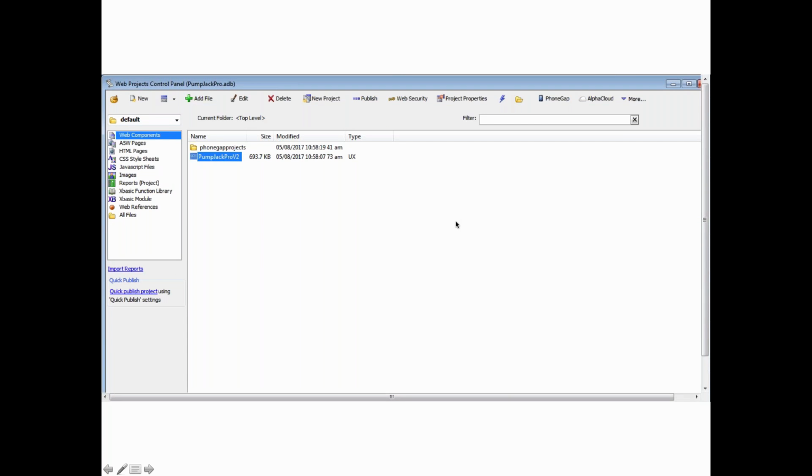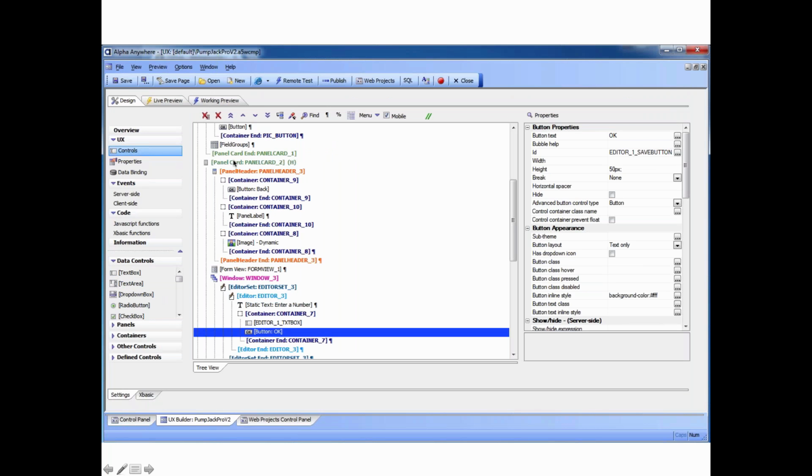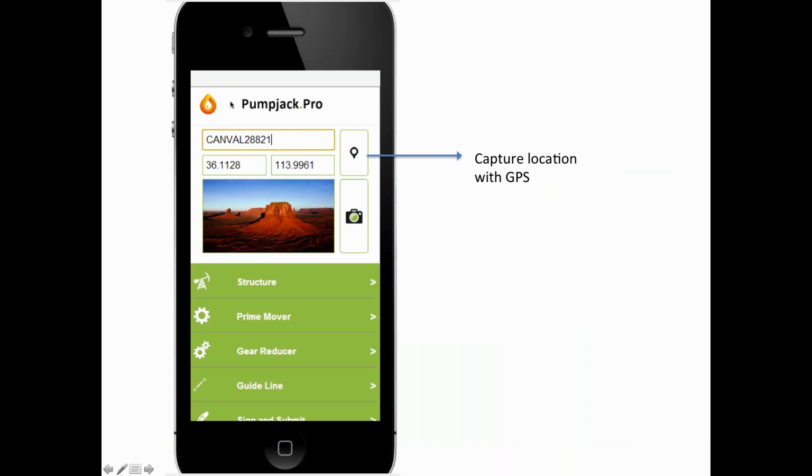this one UX control panel. Actually, let me back up and show you what we've got. We have this thing called Pumpjack Pro V2, that's a UX control, and we're going to open up our UX builder. And this is what goes into the Pumpjack Pro application, all of this stuff here in the middle. So we're going to go over to Working Preview,